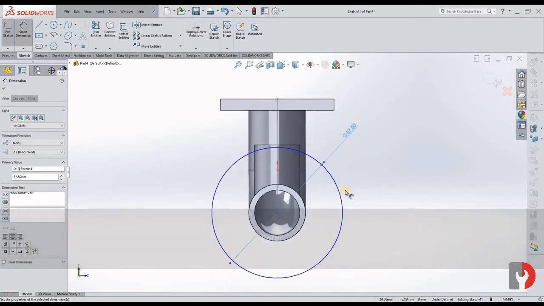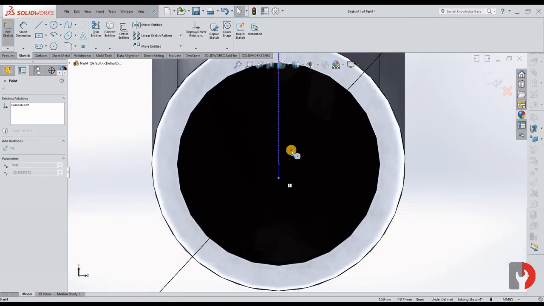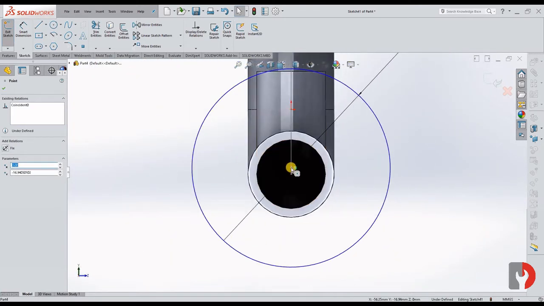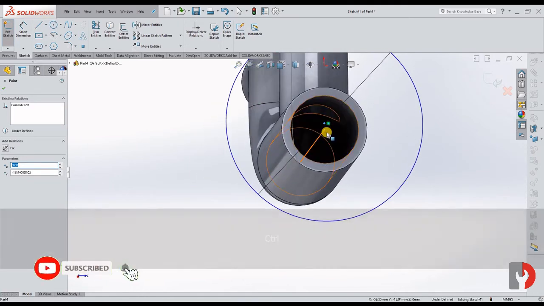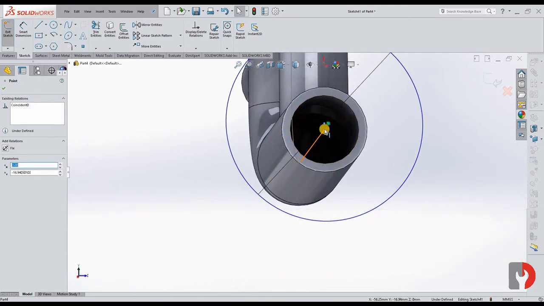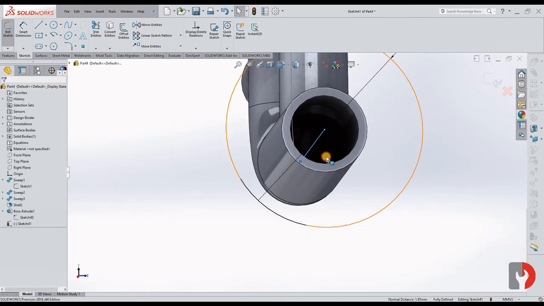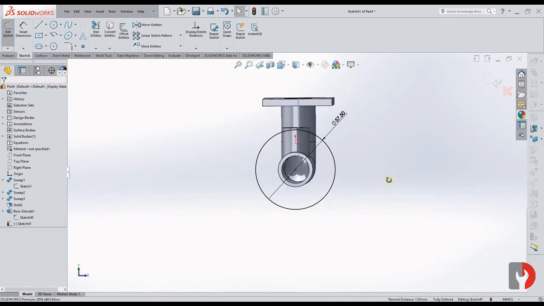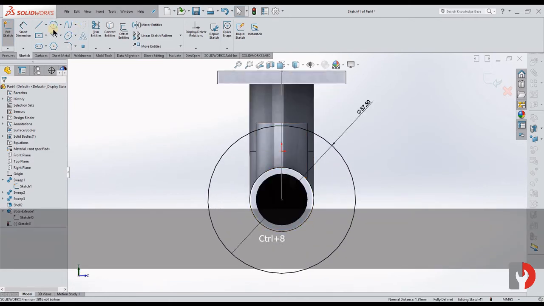Okay, and make this point and the point over here pierce. Okay, so now you can see it's fully defined. Now let us Control 8 for normal view.